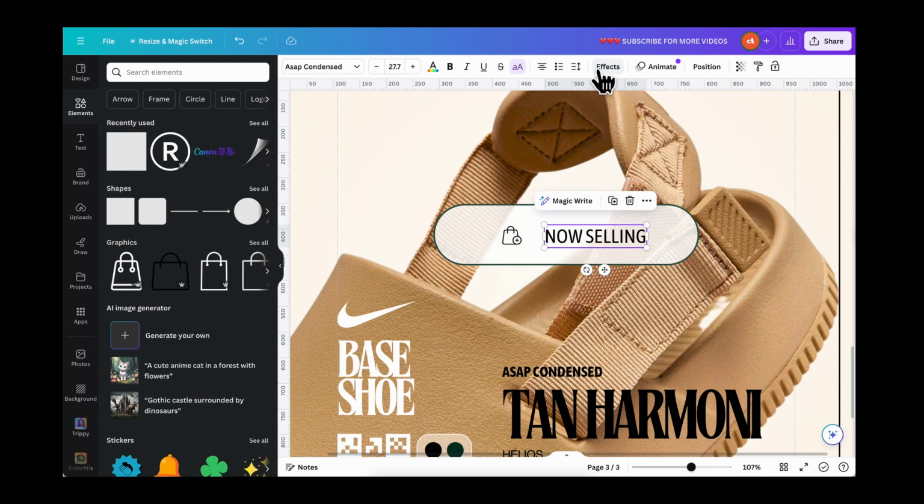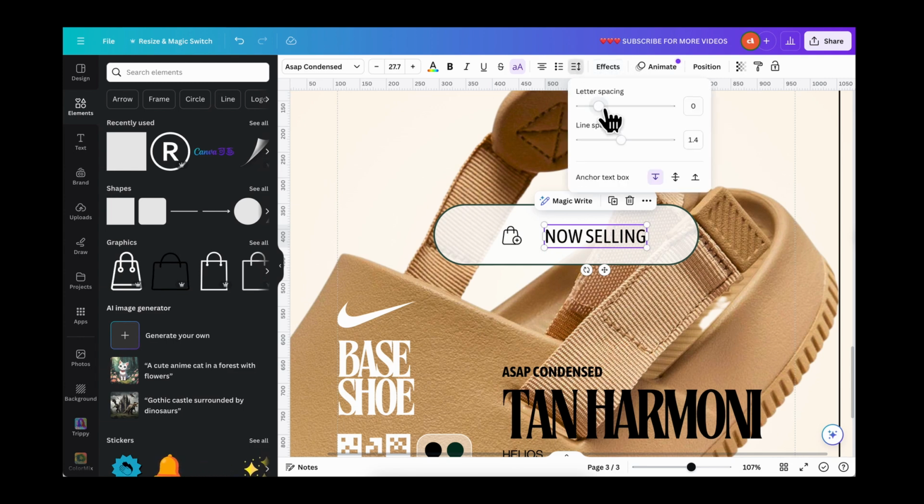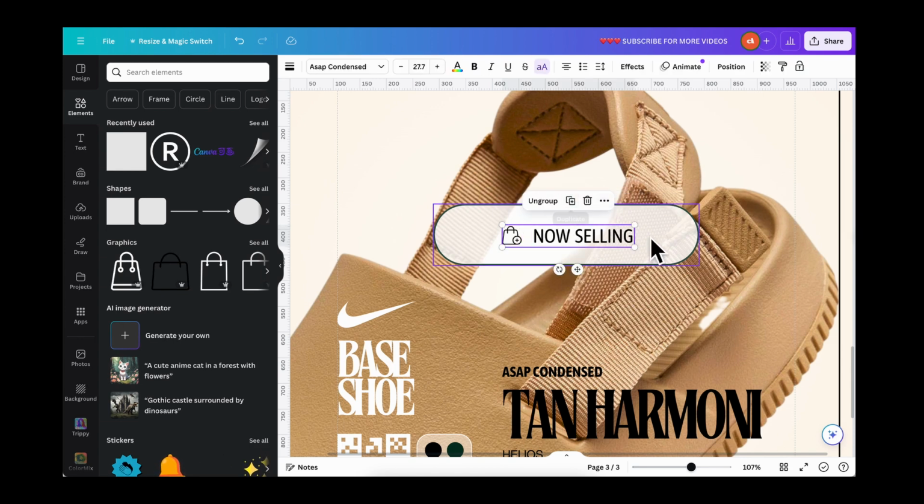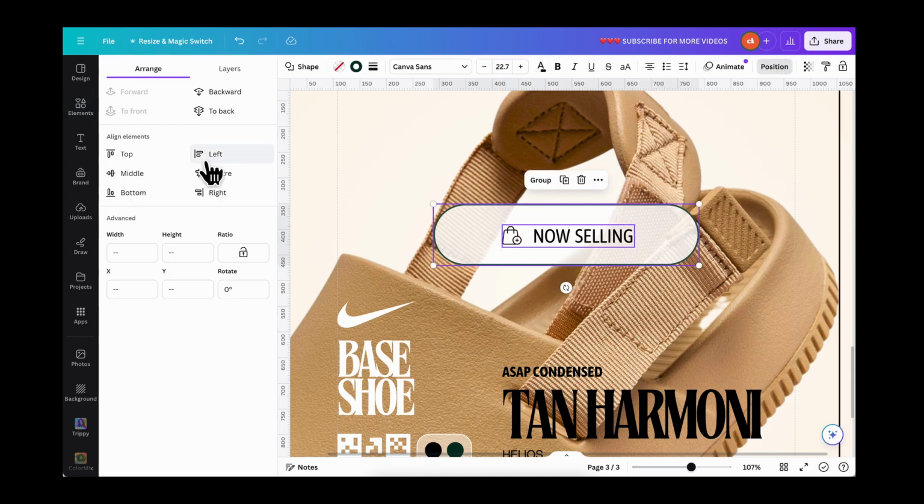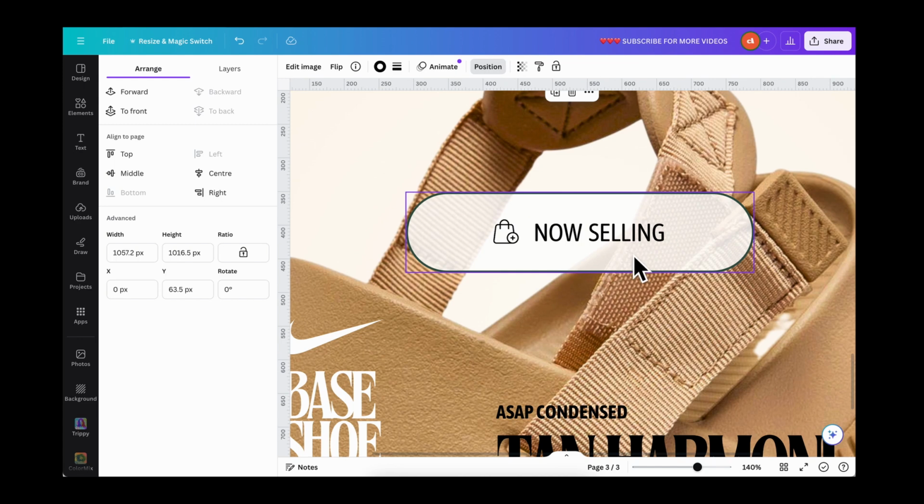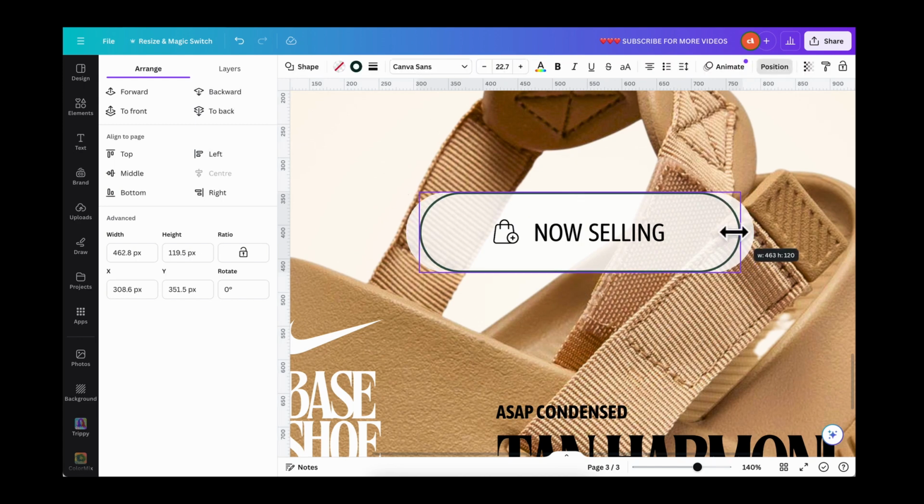And I'll go back to spacing. I'm going to space the letters a little bit. And right here, I'll add one more space. That's it. And then select both of them this way. I would group them, select this, go to position, center and middle. Okay, now you can see we have our now selling. But let's see if we could reduce this a little bit,